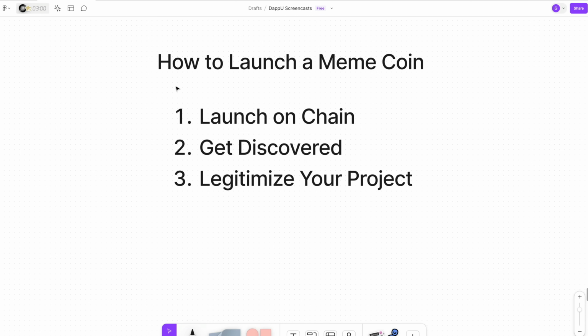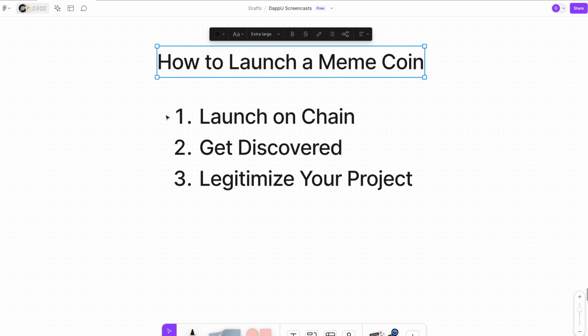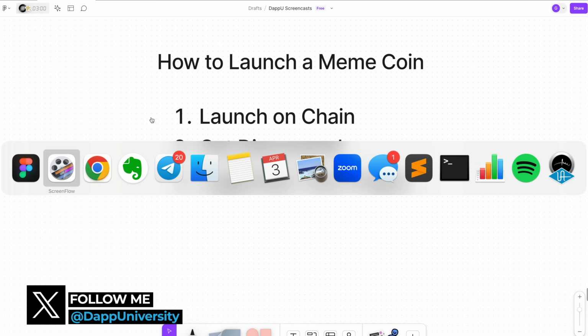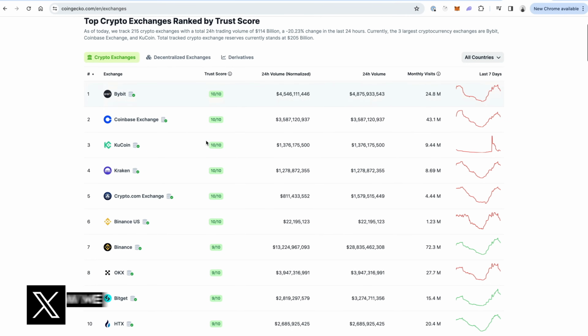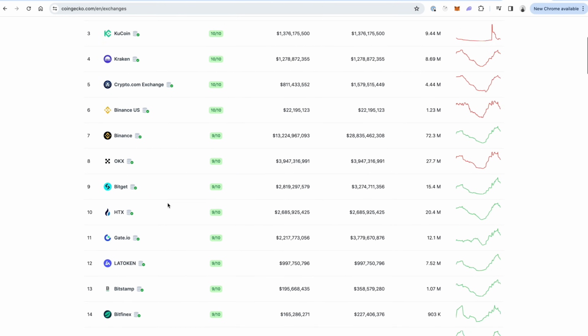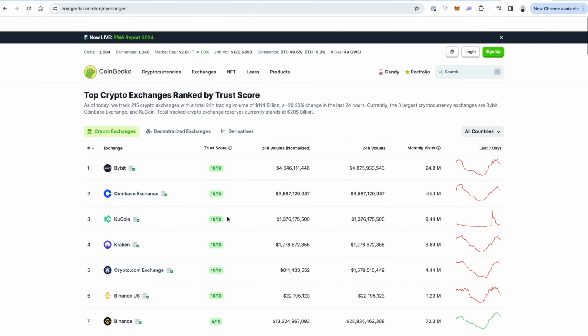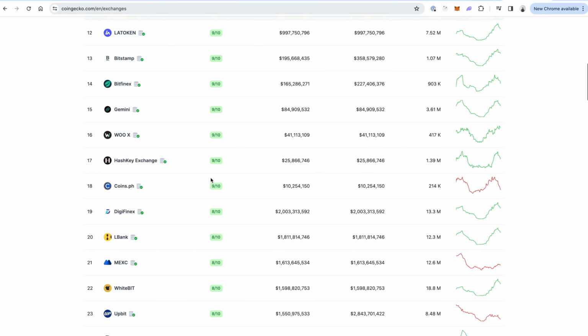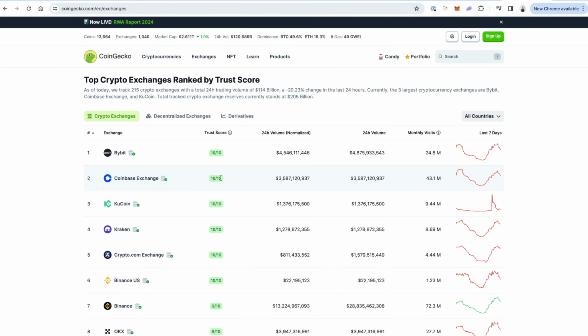So first thing you need to know is if you're going to launch a meme coin, this process happens entirely on chain. What do I mean by that? Well, you're going to launch your meme coin directly onto a blockchain, and people are going to purchase it on a blockchain. So you are not going to launch a meme coin and instantly get it listed on a website like Coinbase or Binance or these centralized exchanges. That's not really where meme coin launches happen. If your coin gets really successful, you can get listed on one of these exchanges later, but the first step is to do it completely on chain with decentralized exchanges.